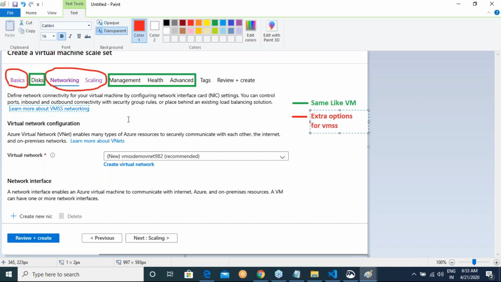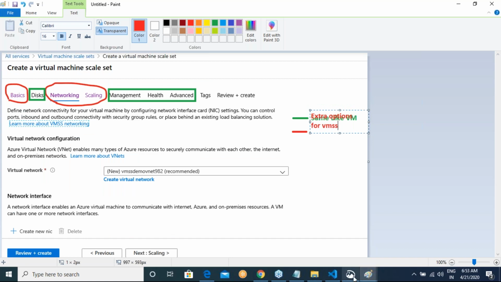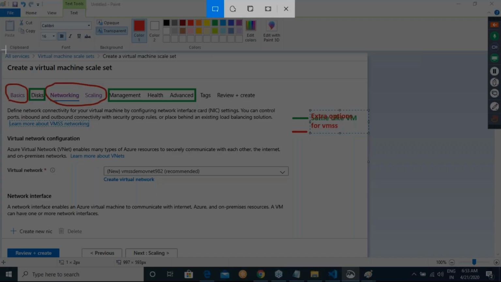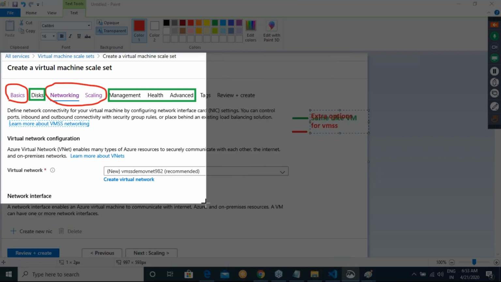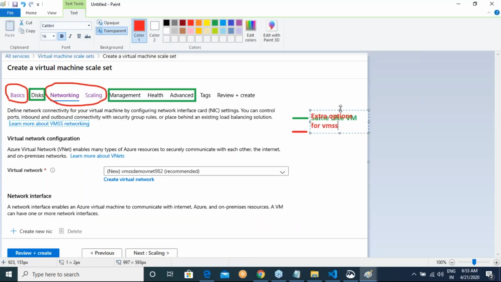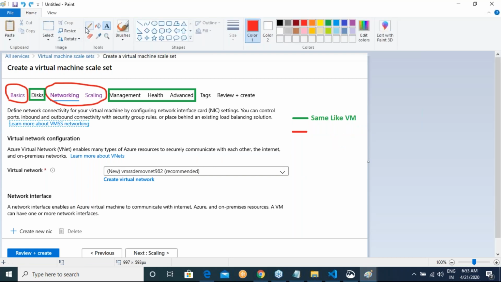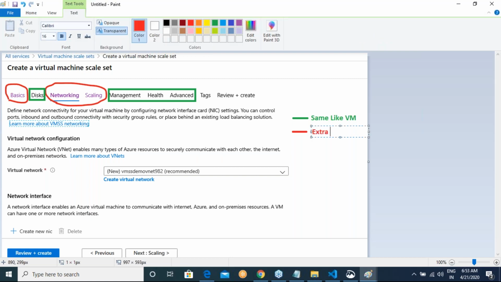Right. Now let me take this. Okay, one minute, man. I messed up this image. Extra options for VM skill set. Right.